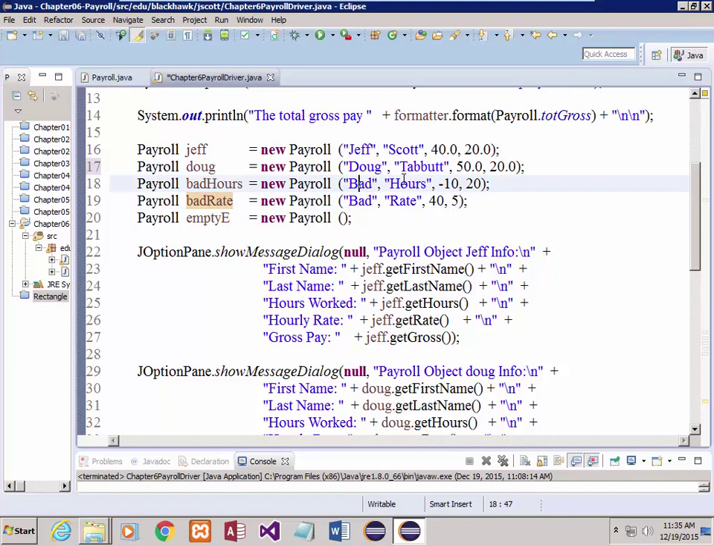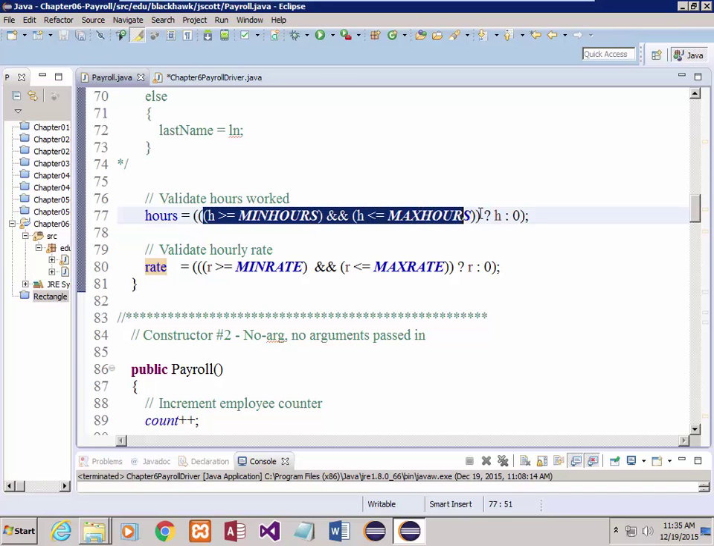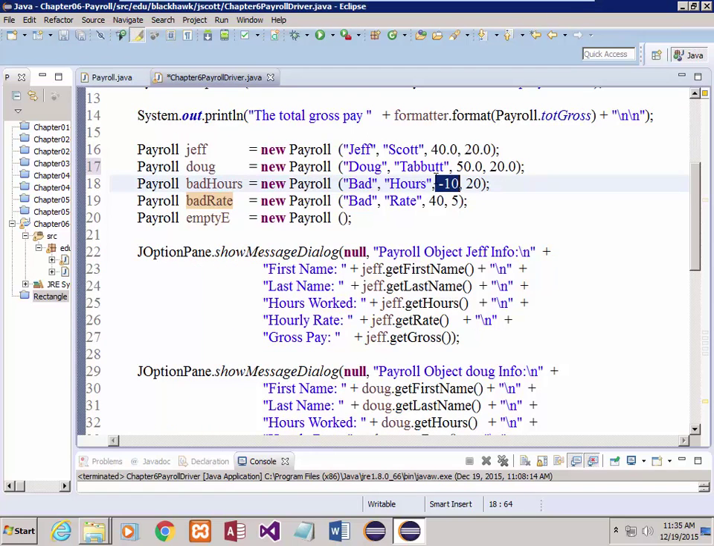Bad will be the first name, hours will be the second name. But notice, for the hours, it's -10. -10 does not fall within our range. It's not greater than or equal to 0 and less than or equal to 84. So what that should do is take 0 and assign 0 to hours. That one right there should assign a 0 to hours. And we've got a valid